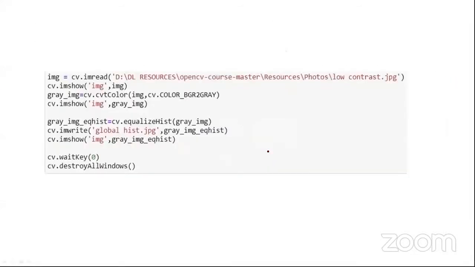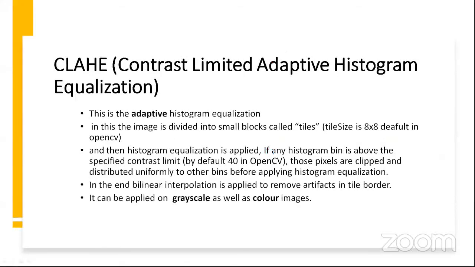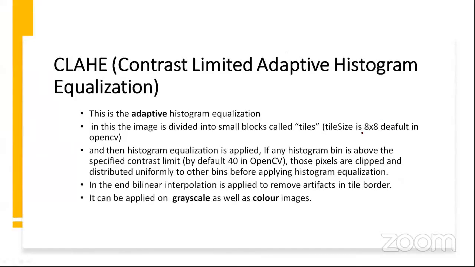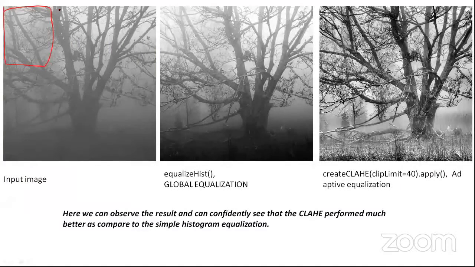Okay. Now moving back, we have CLAHE. This technique is very famous for histogram equalization. This is adaptive histogram equalization, in which we basically divide the image into different windows. Here we use a tile size of 8x8 by default. So you divide this image into 8x8 tiles, and then you calculate the histogram for each of them. The function will calculate it, you don't have to do this. It will calculate the histogram and equalize it accordingly.